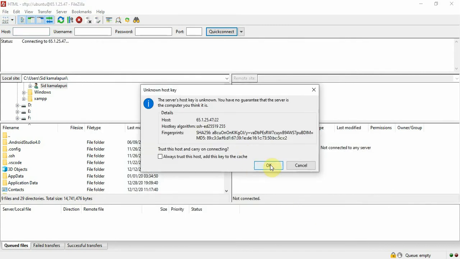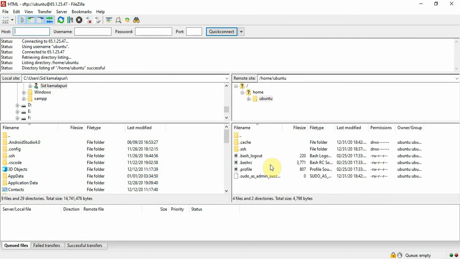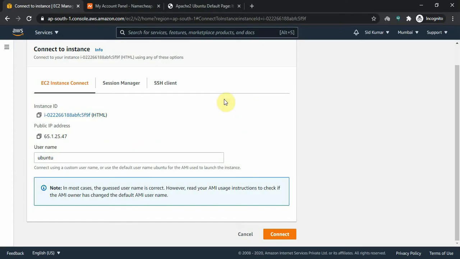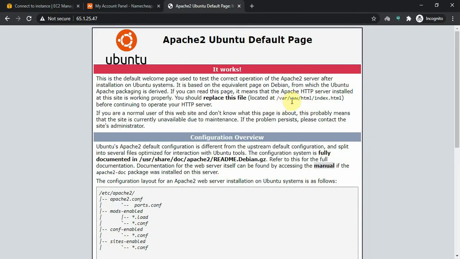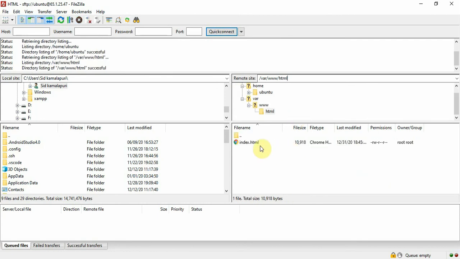Yeah, now let's move to the directory given on the server, /var/www/html/index.html, right? var, www, html, and this is the index file.